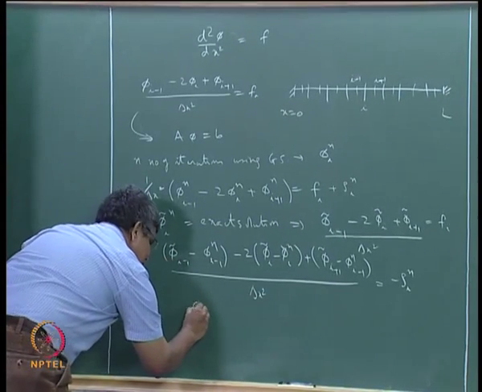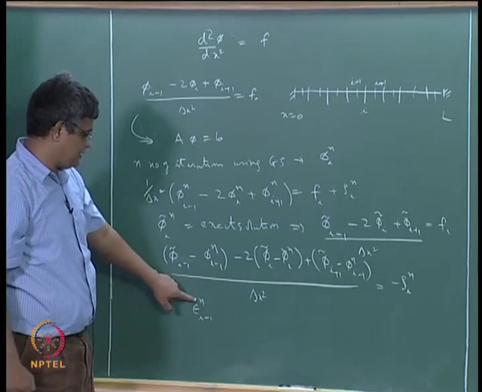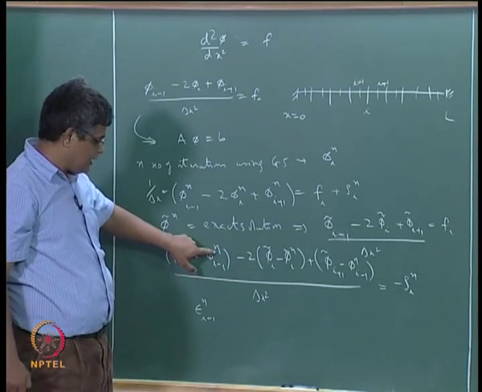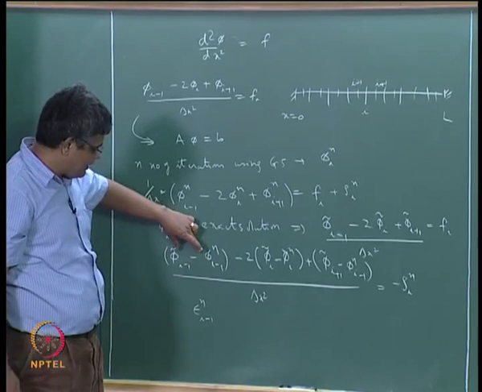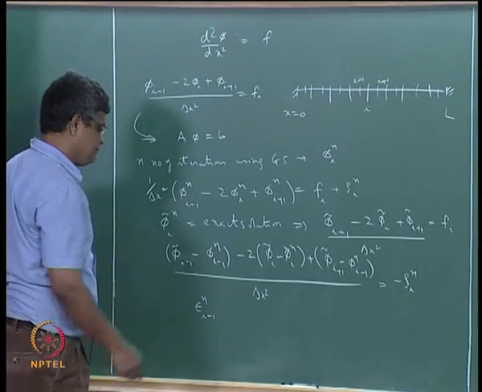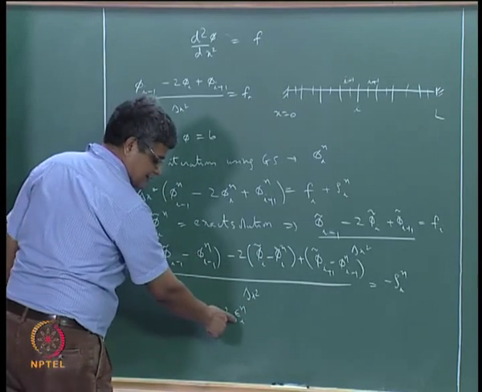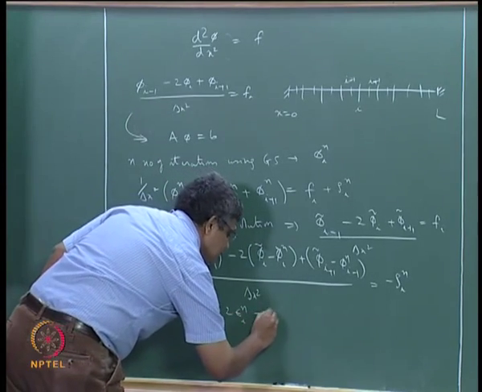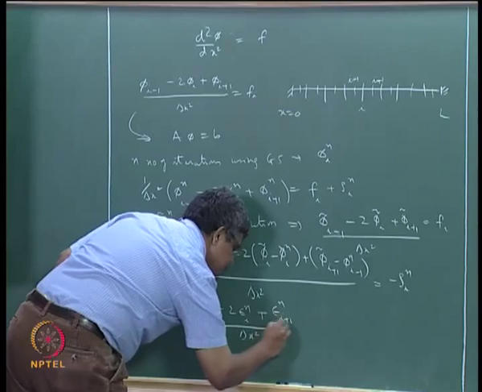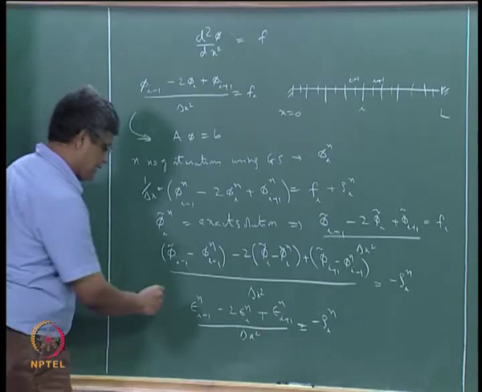So this we can say is the error at I minus 1th point at nth iteration step, because this is the exact solution and this is a computed solution at the end of n iterations. So this is the error at this nodal value at this iteration step, and similarly this is minus 2 epsilon I n representing the error at this nodal value, plus error at I plus 1 n, divided by delta x square, is minus rho I n. So this is the error